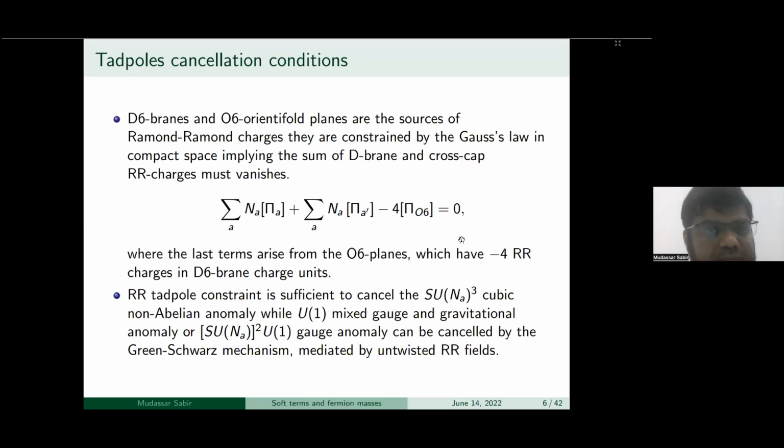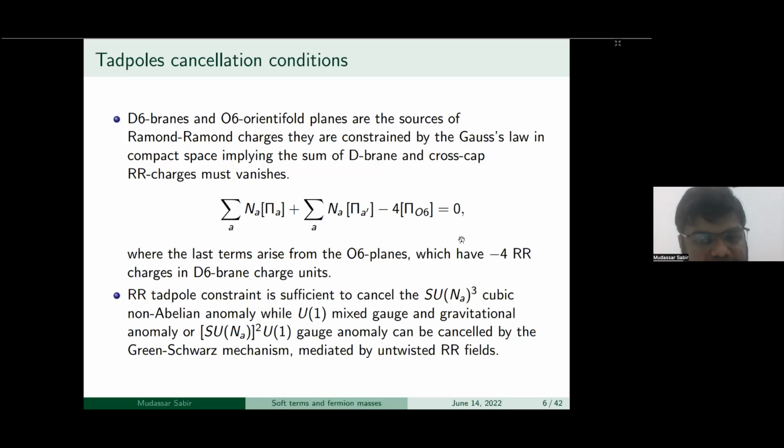So our orientifold planes and the model building require certain constraints. One of the important constraints is the tadpole cancellation condition, which is basically Gauss's law in the compact space, which implies that the sum of D-brane and the cross-cap RR charges must vanish. So the tadpole constraint is sufficient to cancel the SU(N) cubic non-abelian anomaly,